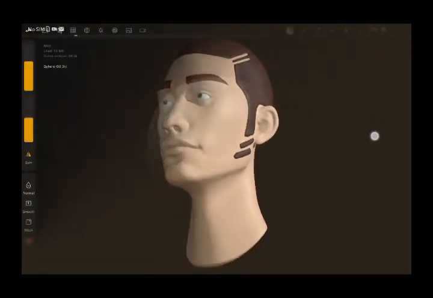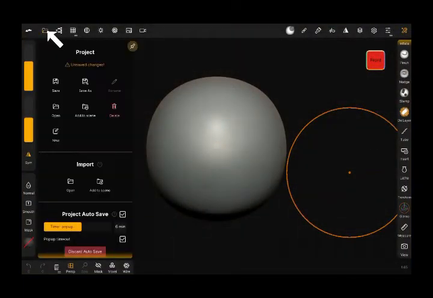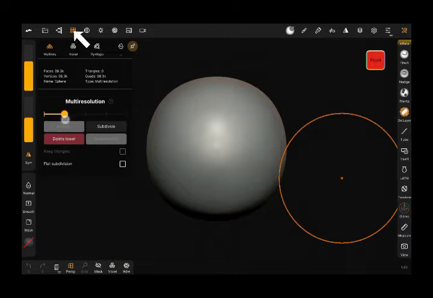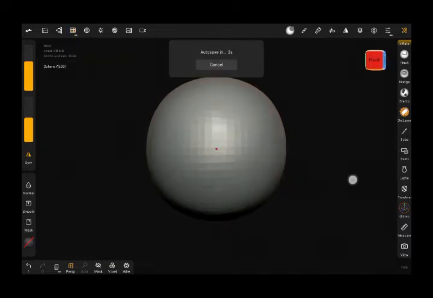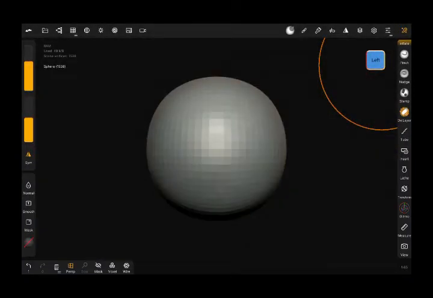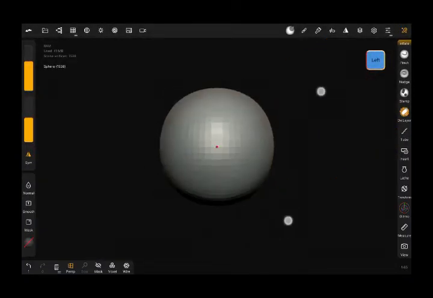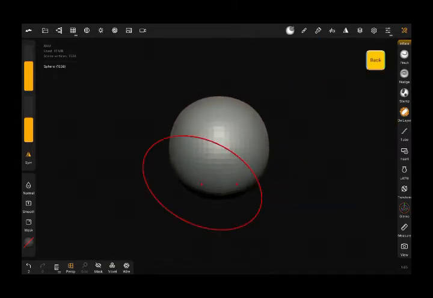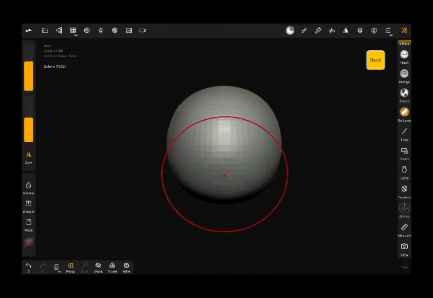So let's get started. First of all, I want to go to File, New, then create new scene. Now what I'll do next is go to my multi-resolution and turn that down. So I will just save this as main character sculpt. You can save it as anything else you want, but I will be making use of this default sphere we have here when we created the scene, because I will shape this into the